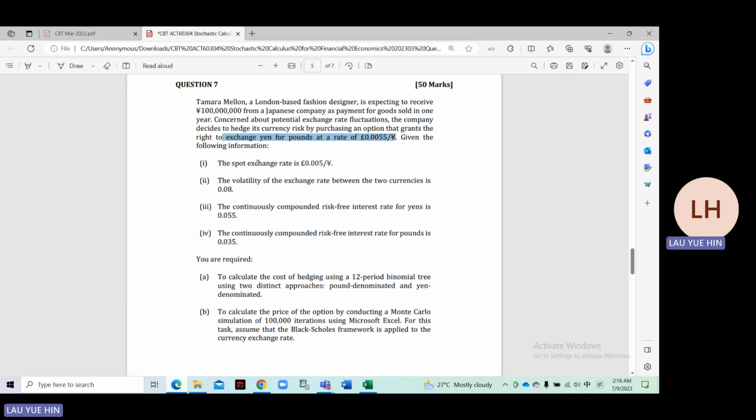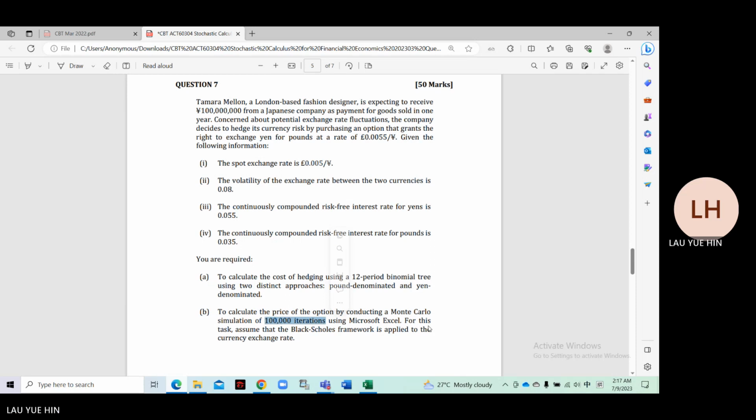0.0055 pounds per yen. Given the information here, the spot exchange rate is 0.005 pounds per yen, the sigma is 0.08, the risk-free rate for yen is 0.055, and the risk-free rate of pounds is 0.035. For 7a, the question asks us to calculate the cost of hedging using a 12-period binomial tree using two distinct approaches, which is pound denominated and yen denominated. And part 2 is to calculate the price of the option by conducting a Monte Carlo simulation of